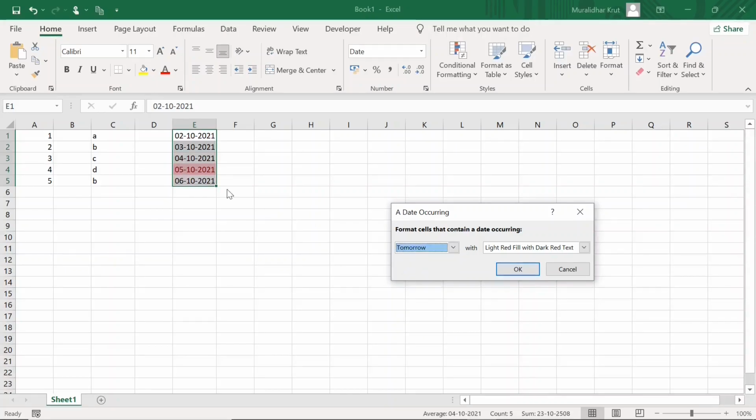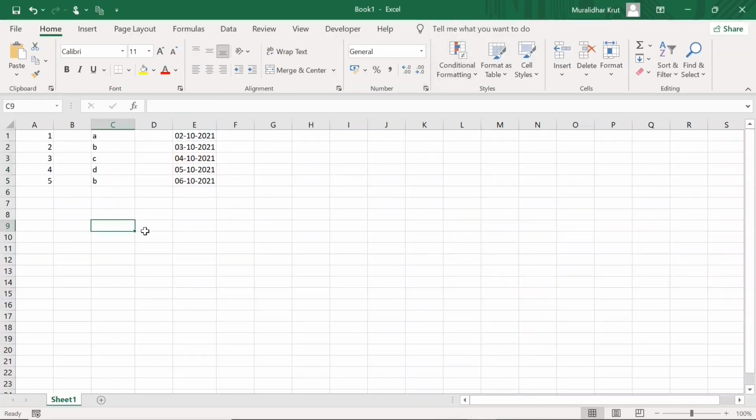And tomorrow, 5th October 2021. If I select this week, it will show starting from 3rd October. 3rd October is Sunday. So starting from Sunday, it will show this week. And here you can change the colors, whatever colors you want.